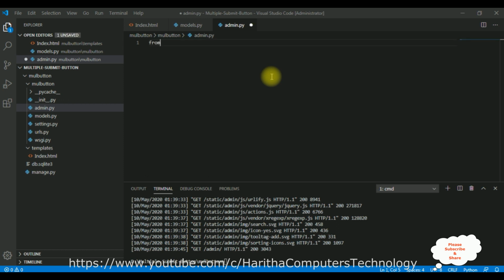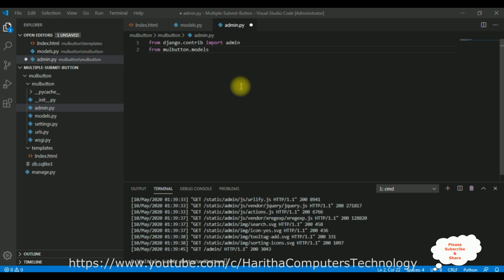So before that, we require the necessary classes: from django.contrib import admin class. After that, we require from this models page, which is inside our application, so I'm adding our application name dot